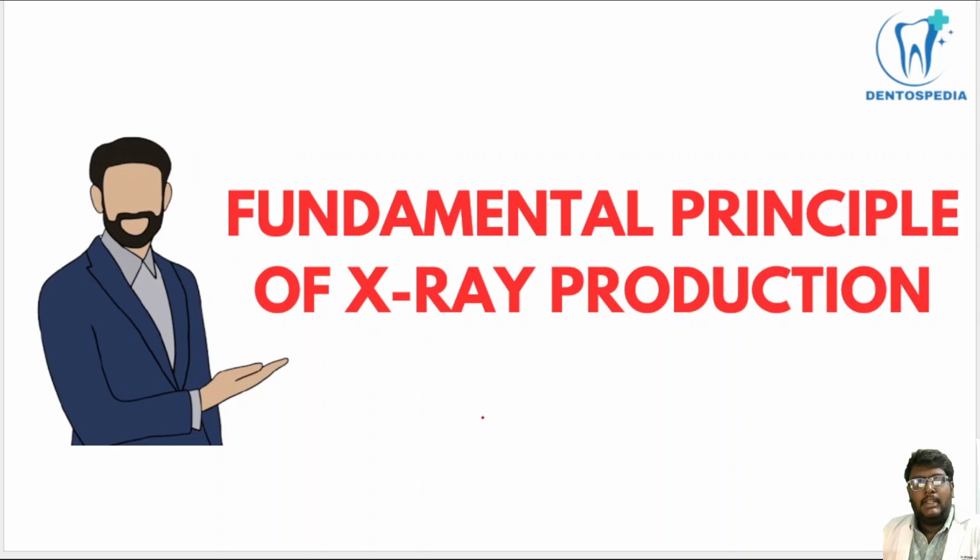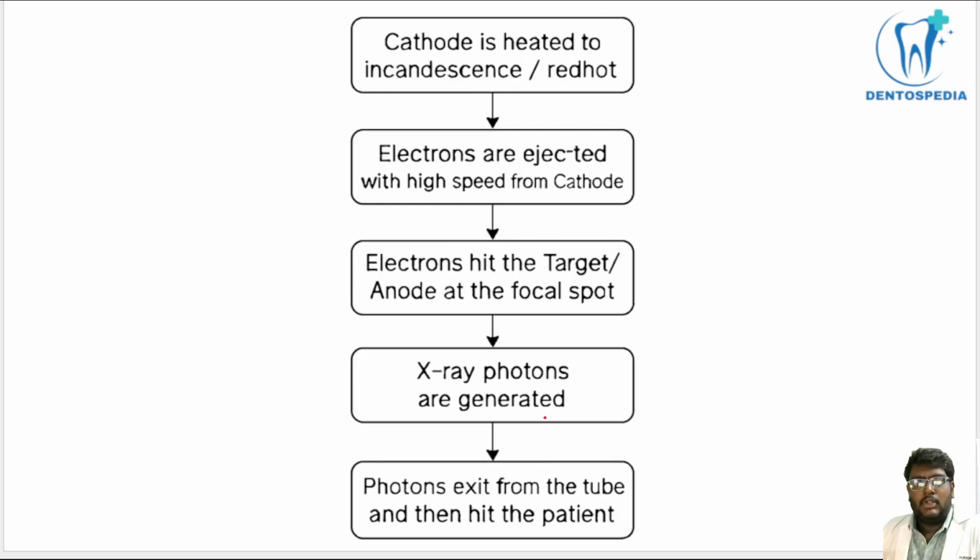And coming to the fundamental principle of X-ray production, this is the flowchart of the whole process. The first step is we heat the cathode, and because of the heating of the cathode, the electrons are ejected from the cathode, and they have high speed, okay, and they're directed towards the anode. And the molybdenum focusing cup acts like a boost for the electrons. It increases the speed of electrons, and these electrons hit the target, that is the anode, at the focal spot,